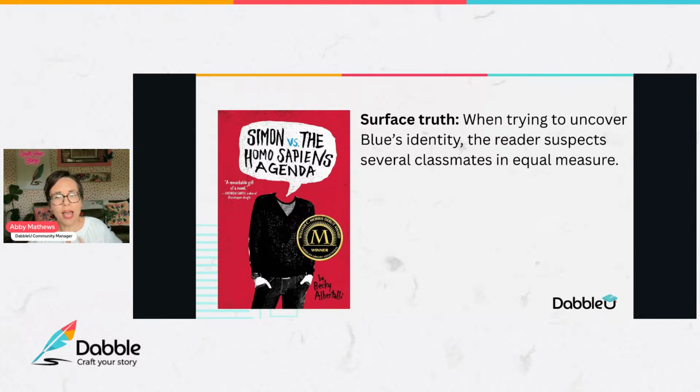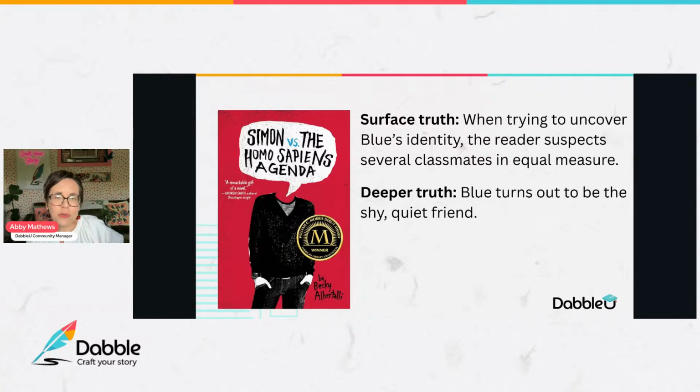All right. So every interaction in this story is a clue, and Simon makes assumptions based on behaviors, glances, guesses, right? But the hidden truth, right? The hidden truth is that Blue has been Bram all along. He's the shy, quiet classmate. All right. And the signs are there. They're just small and subtle and easily dismissed. And there's a reason why I picked this book. It's going to go hand in hand with one of our strategies later on.